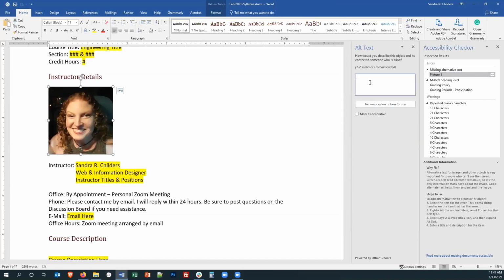So in this case, I can type in, and if you notice on the right, under missing alternative text, that whole section is going to disappear when I enter anything into that box. Also, if I mark this as a decorative image, it's also going to disappear. So either way, you're handling that error if you add text to it or if you deem this as a decorative image.